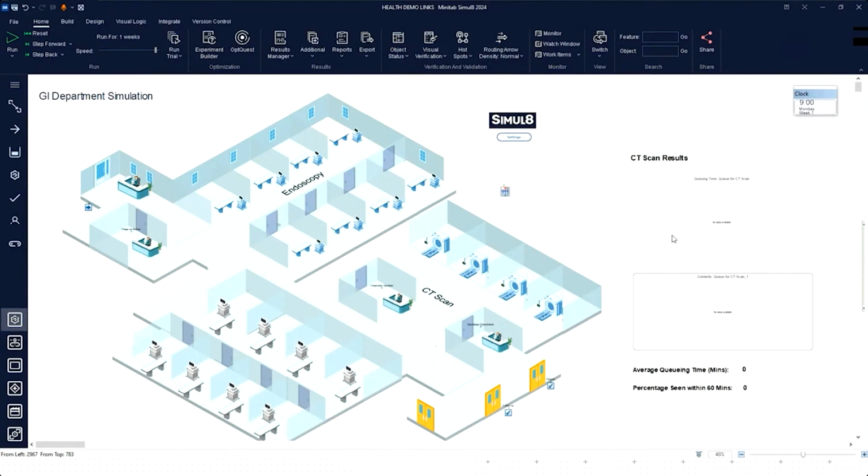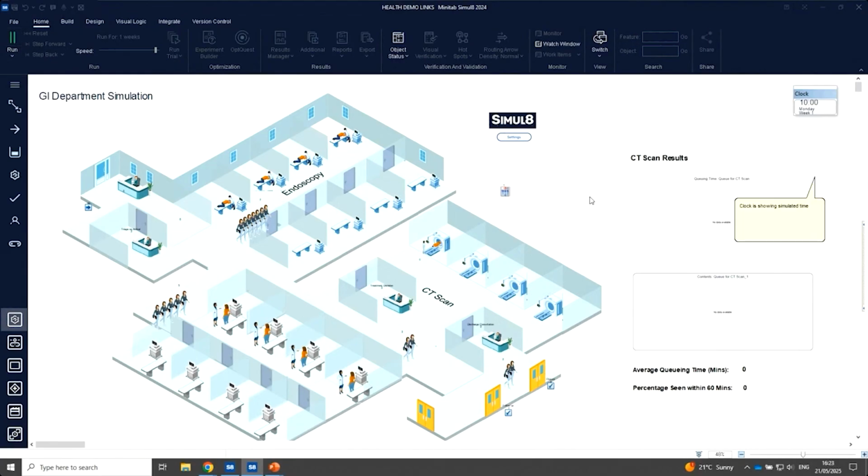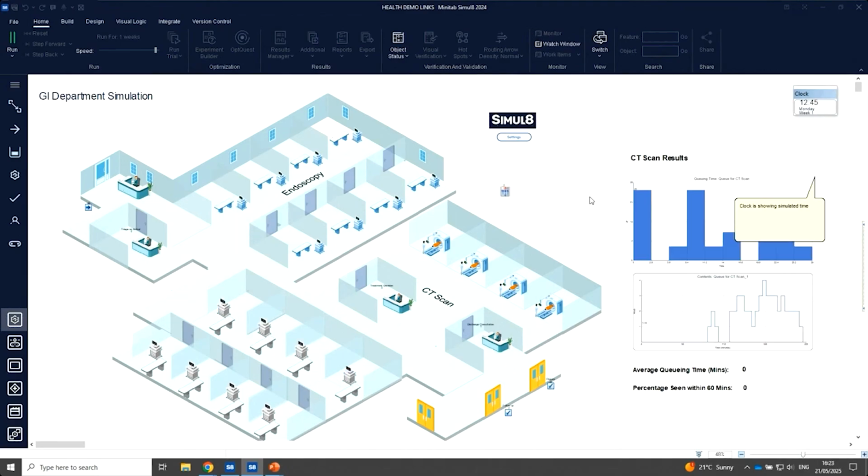So here we have a simulation that looks slightly different to the one before. There's still process steps that patients go through. So this is a GI department. And the idea of this department was that they wanted to test patients and get them to treatment within a